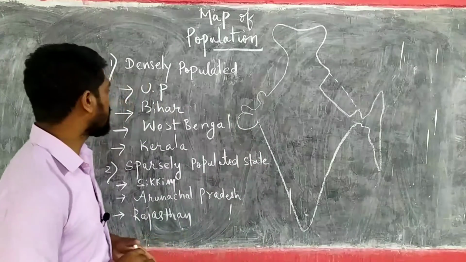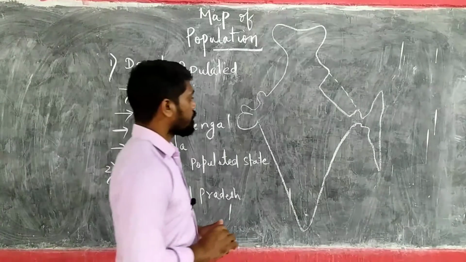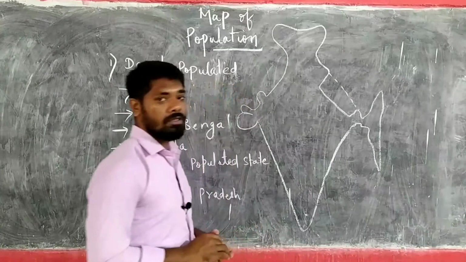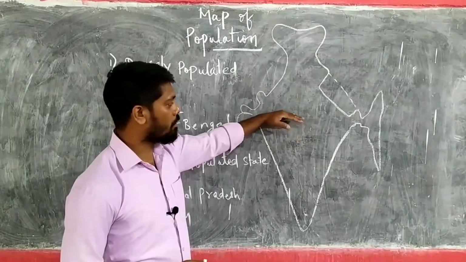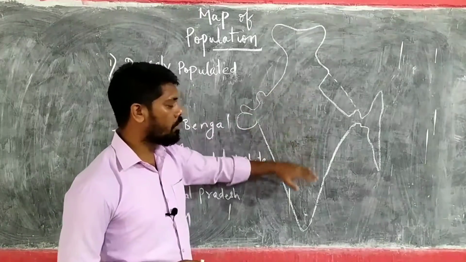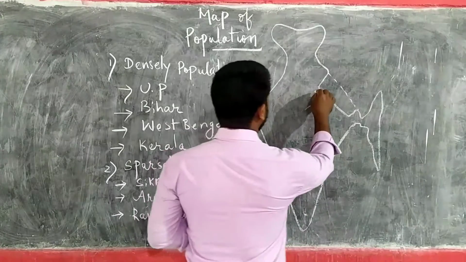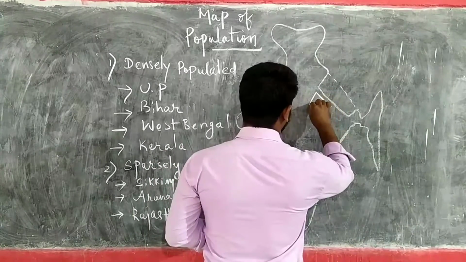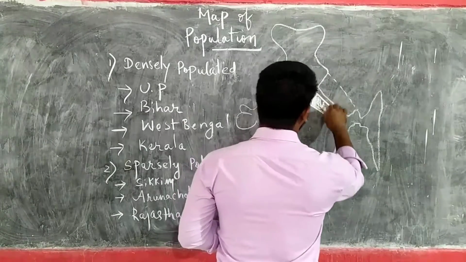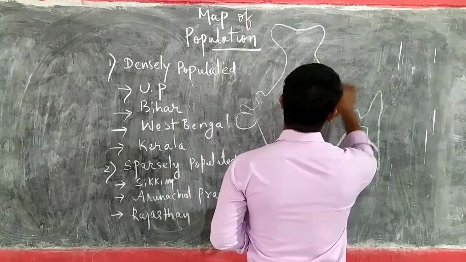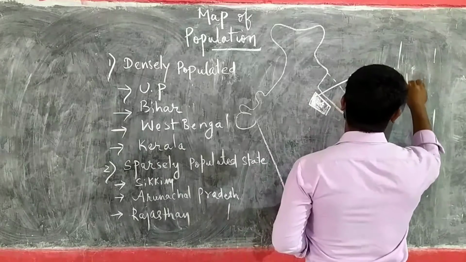So likewise, keeping in mind the direction of the states, you need to answer and label accordingly. Is it clear? So first let us start with the densely populated area in Uttar Pradesh. When we understand North India or South India, the Tropic of Cancer is dividing both sides. Above the Tropic of Cancer is North India, below it is South India. So when you are asked for densely populated in North India, this is the area where the Gangetic plain is. This is the area that you need to shade. I need to write Uttar Pradesh and it is densely populated area.